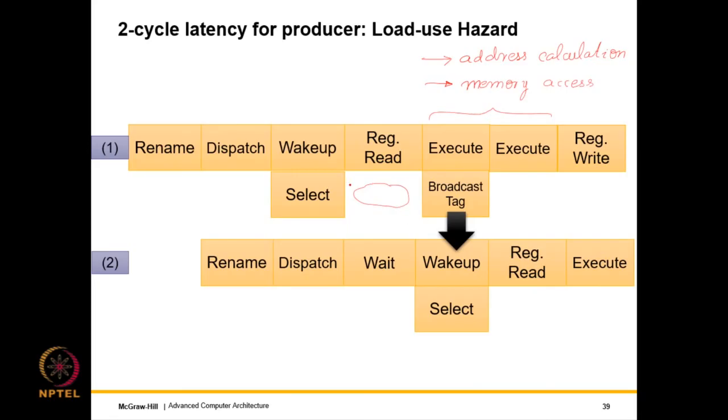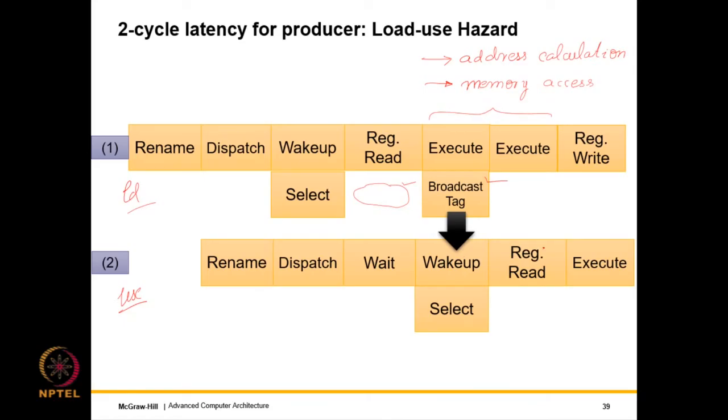But that said and done, in this case, we don't broadcast immediately. That's important. That needs to be kept in mind. We don't broadcast immediately after getting selected, right? So instruction 1 is the load and instruction 2 is the use. So what we do is that we broadcast 1 cycle later, right? Because in this case, it's not a 1 cycle execution. So we broadcast 1 cycle later. And so instead of broadcasting the tag here, we broadcast it over here.